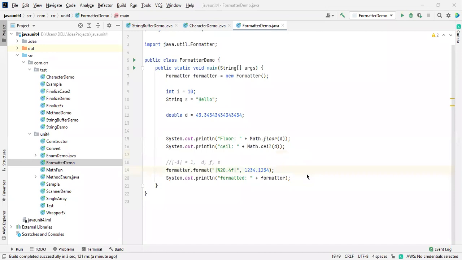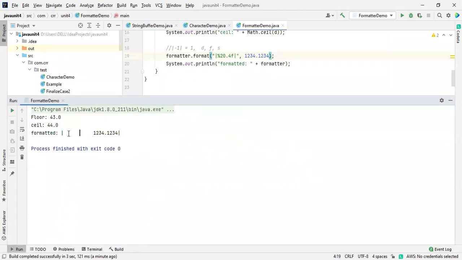Okay. So I want to print the value. I want to print after this. I need spaces. Before that, I got spaces, right? I just want to show you that. So before this, I got spaces. If I want spaces after this, what do we need to do? Just mention a minus over here.